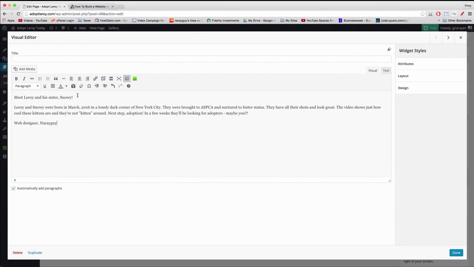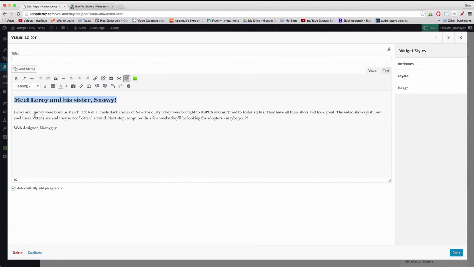Make sure it explains your products and your services and your whole site in the best way possible. Once you have this text, just highlight, and I'm going to set a larger heading on this Meet Leroy and his sister Snowy section. And then I'm going to make the byline here italics by clicking italic. Alright, and then lastly, I'm going to make this middle section stand out a little bit and look like a quote. So to do that, we can highlight the whole area